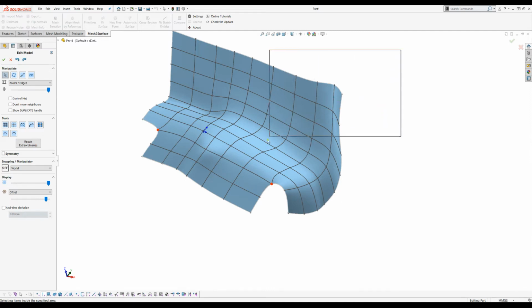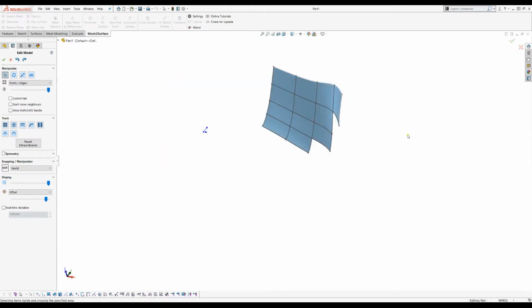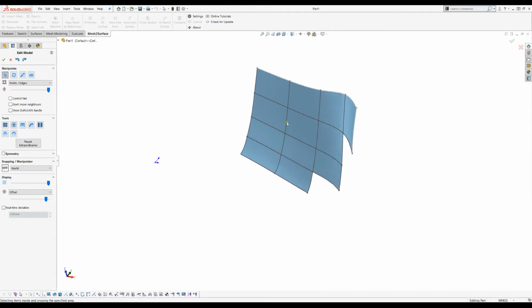You can just select an area here. For example, you select a bit more that you need to focus on, and you can right-click and select Isolate Selected. What it will do is leave what is selected on the screen, but hide everything else. So let's try this. I just press Isolate Selected. As you can see, it just left this